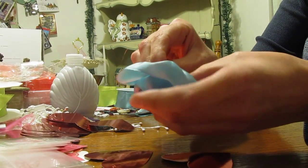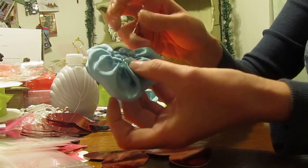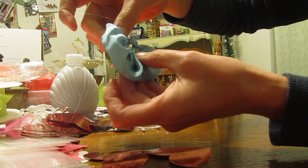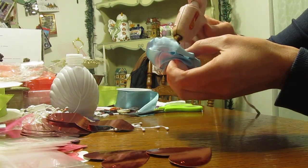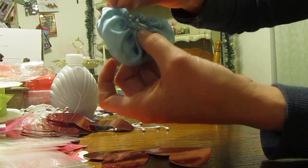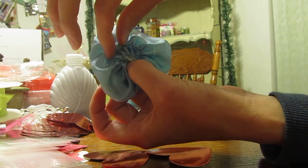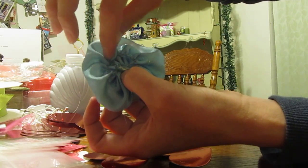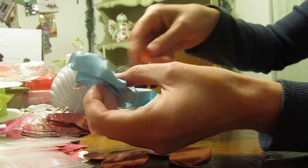Well, first I'm going to let that dry because it's wanting to come undone. Holding that down. If you wanted to, this little flap right here, you can get a little pinch of glue, stick it there, which I will. I'll go ahead and do that now. Just a little shot of glue. And then stick that there, making it a little more secure. Holding that in place so that has time to dry. Okay, so now your back of your